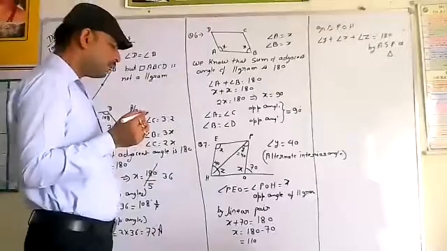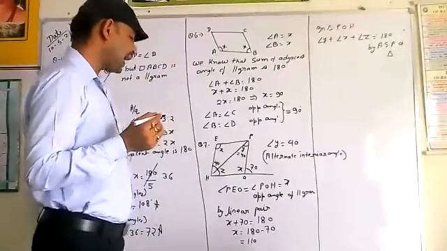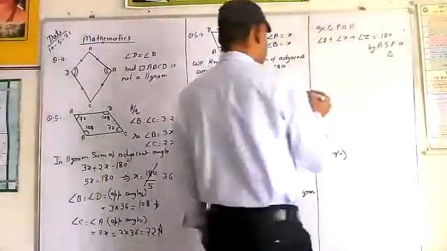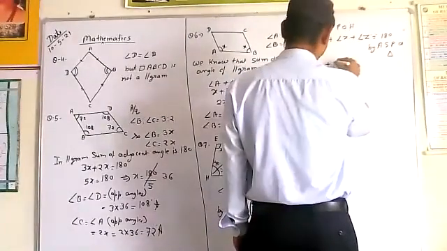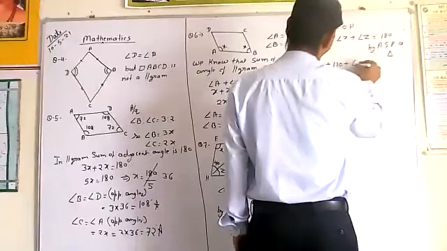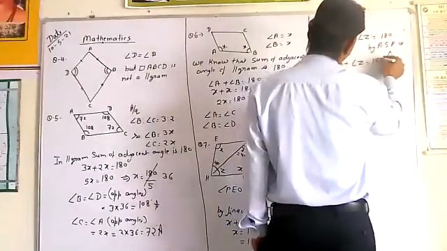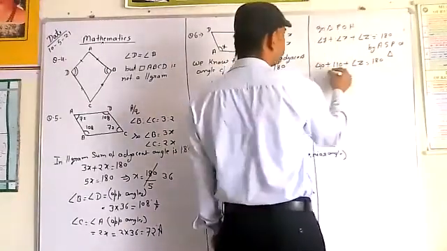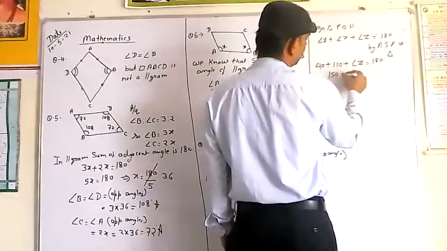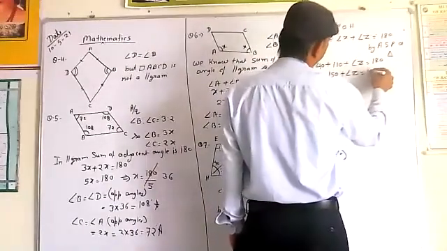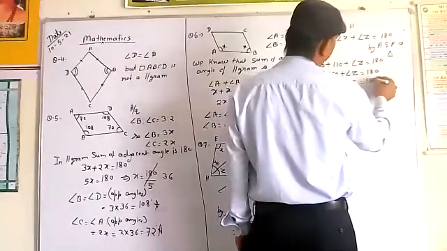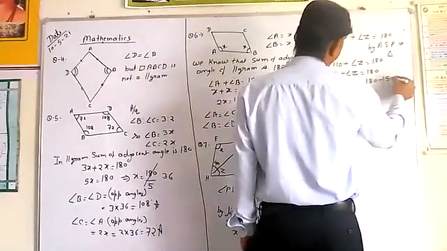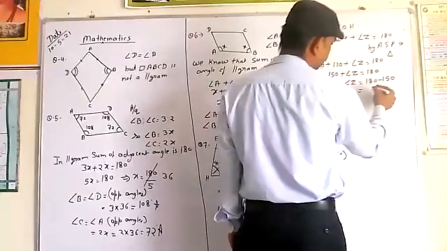So students, putting the values, y is equal to 40, x is equal to 110, so 150 plus angle z is equal to 180, angle z is equal to 180 minus 150,